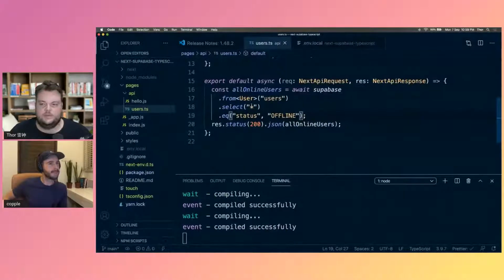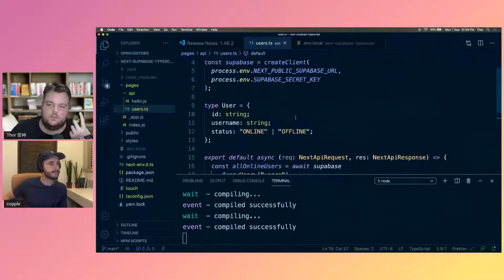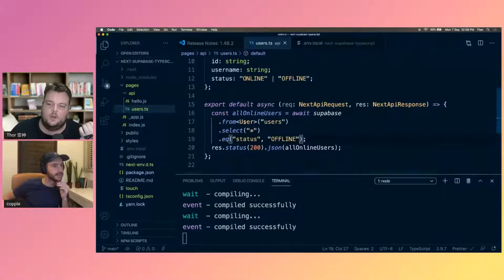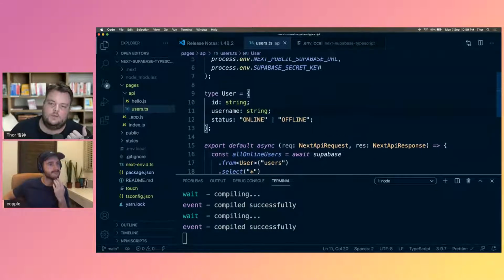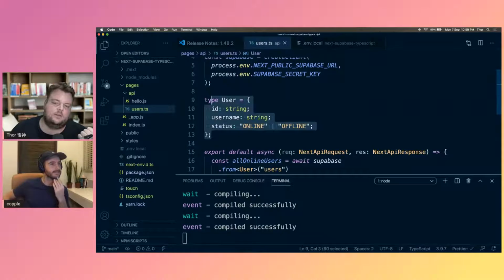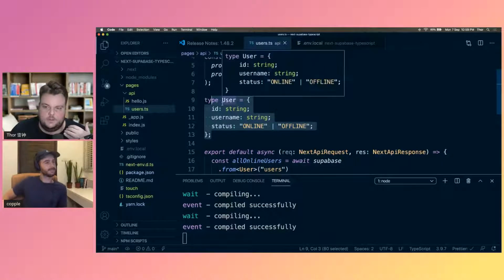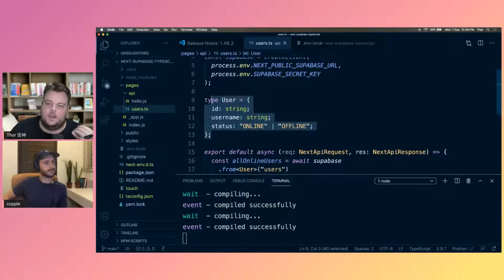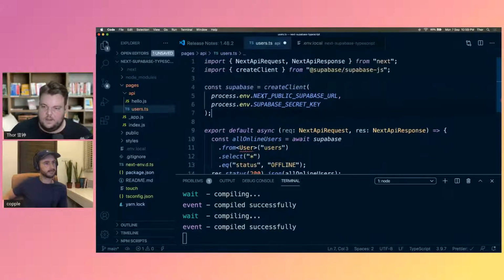But now the challenge is, here when we use this with TypeScript, we want to get our results typed with the row of data that will be returned. But as you can see, I basically replicated my type definition in the file. So what I want to do is get rid of this and pull down the type definitions